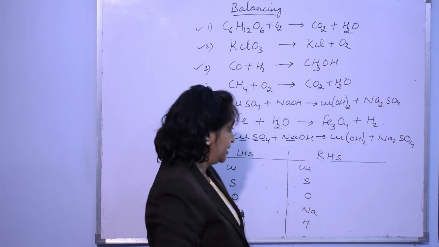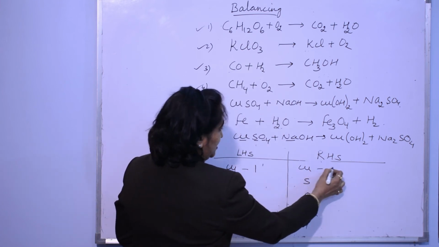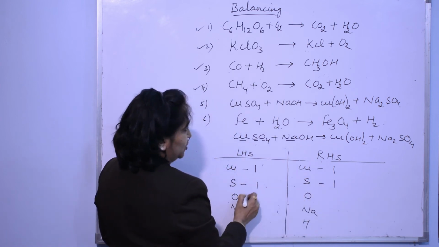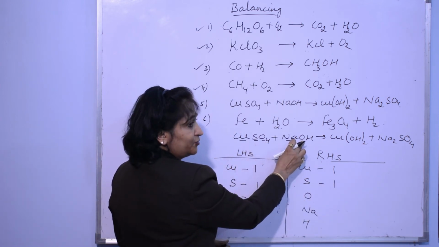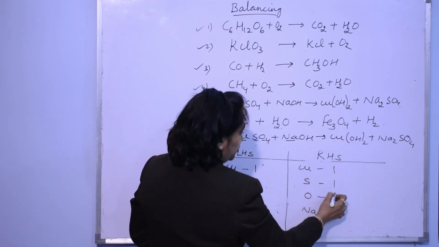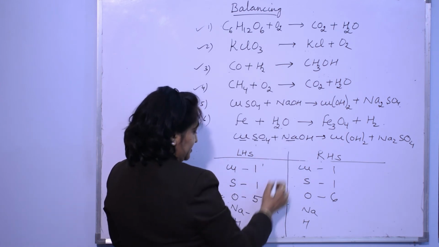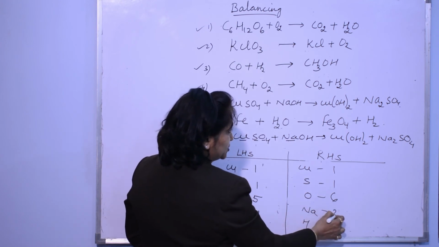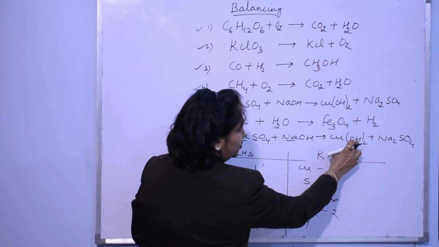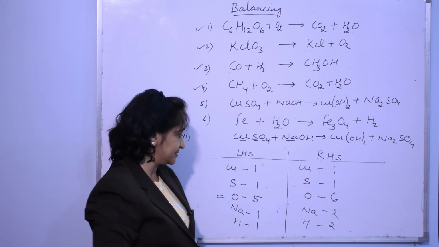These atoms are there. So you have to now see for balancing. Here it is 1, here also it is 1. Sulfur is 1 here, sulfur is 1 here. Oxygen is 4 plus 1. You have to take total atoms. So this is 5. Here 2 plus 4. Here it is 6. That means you need to balance this oxygen. Sodium is 1 here, but here sodium is 2. Hydrogen is 1 here, but here it is 2 into 1. That means 2 atoms of hydrogen are also present.